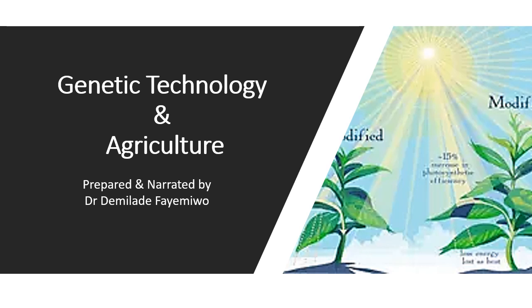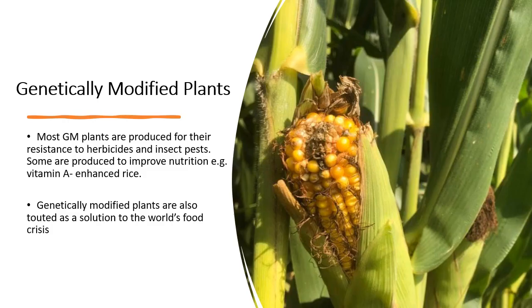So this section is genetic technology and agriculture. If you live in a country where genetically modified plants are being sold, then you're probably aware of the fact that most of them are produced for their resistance to herbicides and to insects as well. But in some cases, they're also produced for the sake of improving your culinary experience, if we want to call it that. So for example, when you go to the shops and you buy a punnet of grapes and those grapes don't produce any seeds, so your seedless grapes that you enjoy, there is a high chance that those grapes have been genetically modified to not produce seeds.